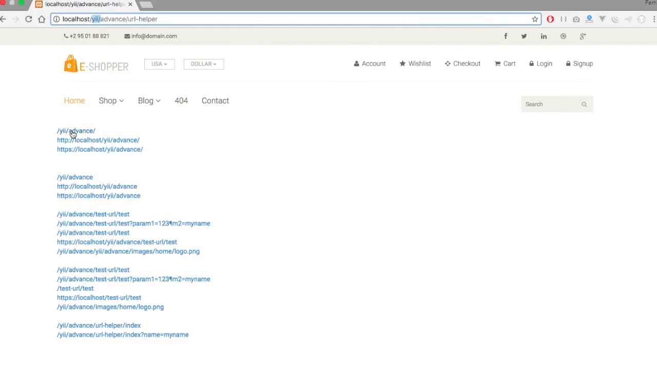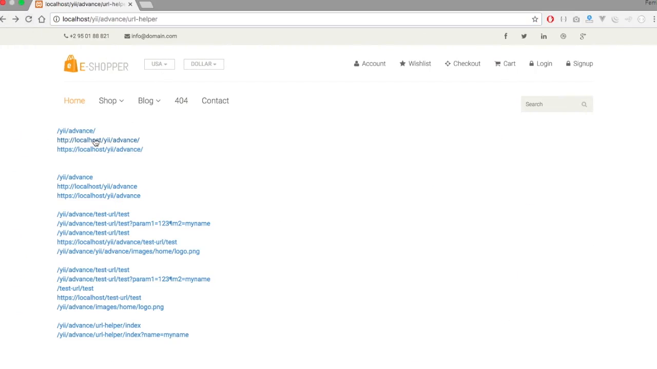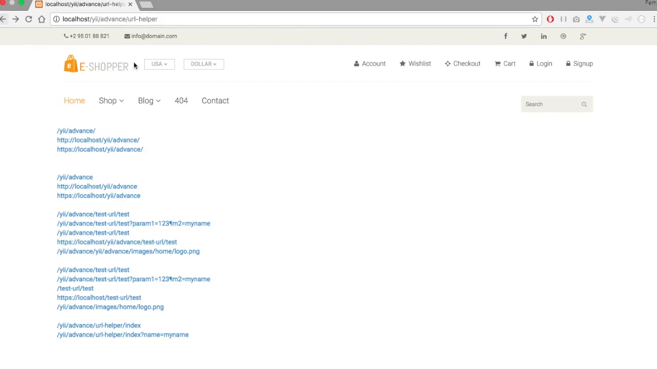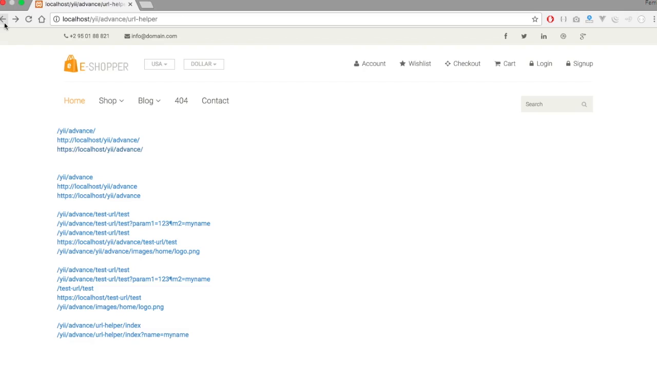If you click on this, it takes you back to the current home page you're working on, while the second one also takes you back to the current home page. But this one, because we're working locally, I think it will flag an error because of the HTTPS. In case you already have your SSL certificate installed, you shouldn't have a problem with that. So now